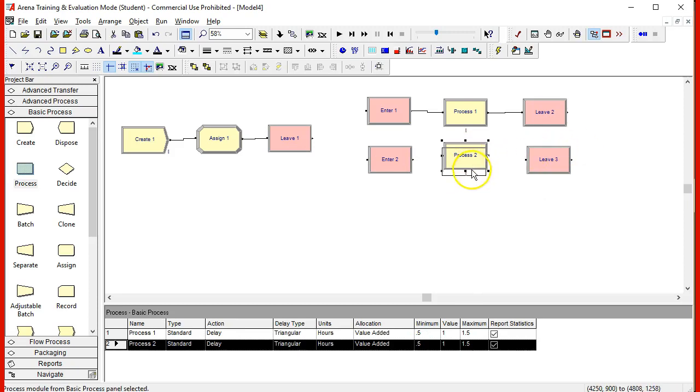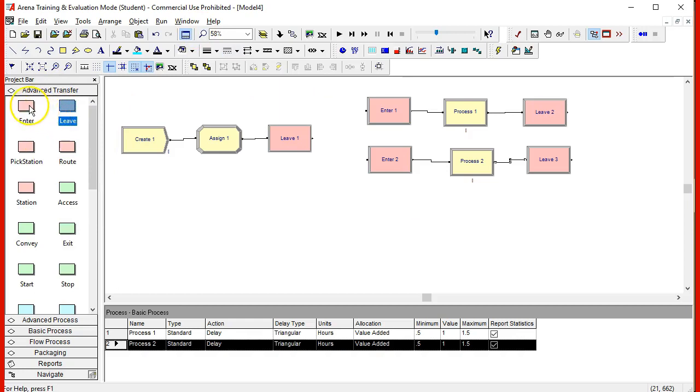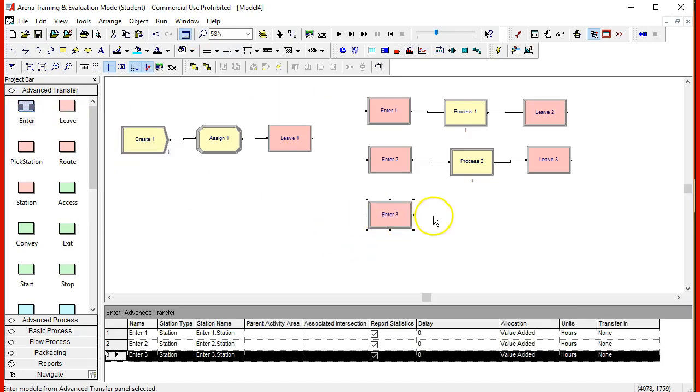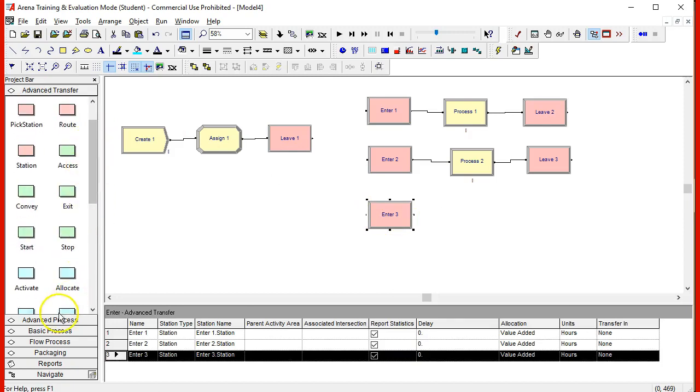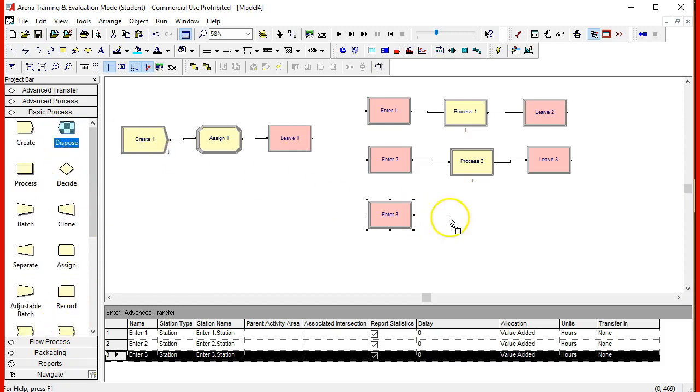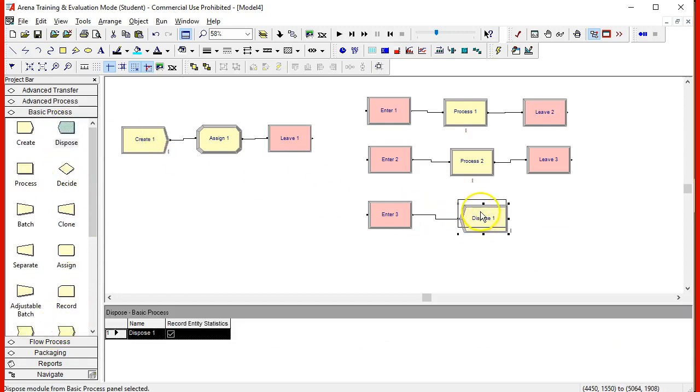The correct logic is for my model to enter and then go into the process, or process to leave. And I will use one more enter, and the function for this station is just to dispose the entity. Very good. Now here we are going to do this using